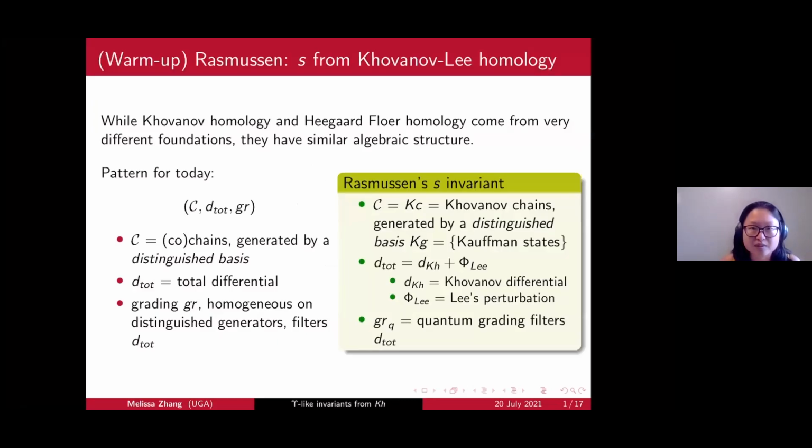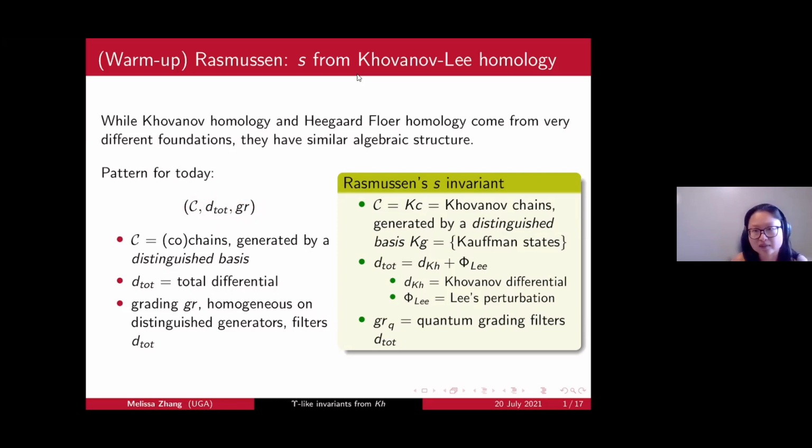Okay, so just to warm up, I'm assuming that people in this session are somewhat familiar with Khovanov homology. And it's not so important to me that you know the actual definition of these things as much as you can catch on to the pattern that I'm going to be looking at today. So just to get us started somewhere, I want to frame the definition of Rasmussen's S invariant from Khovanov homology, actually Khovanov-Lee homology, of course, as coming from the data of a chain complex with a total differential and some